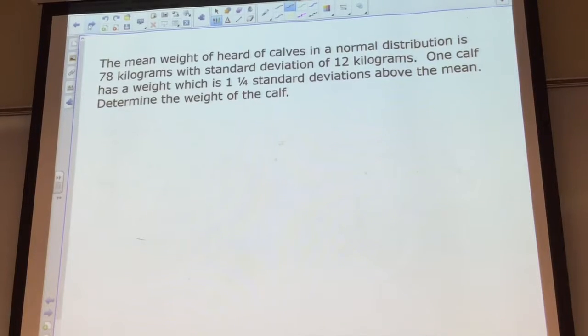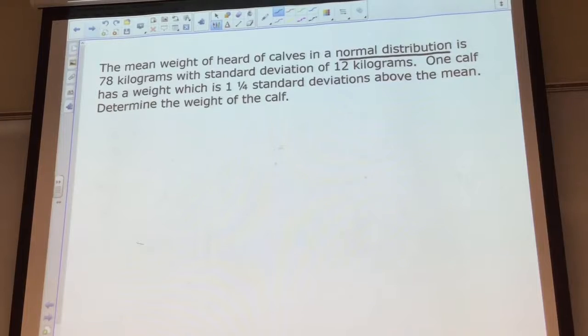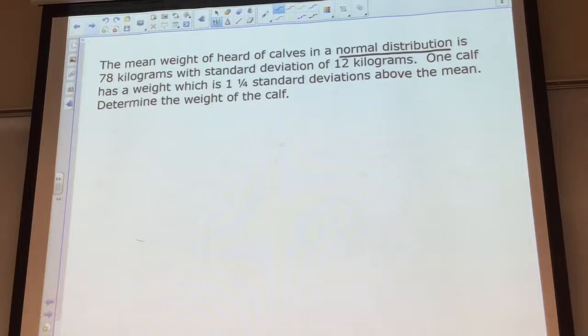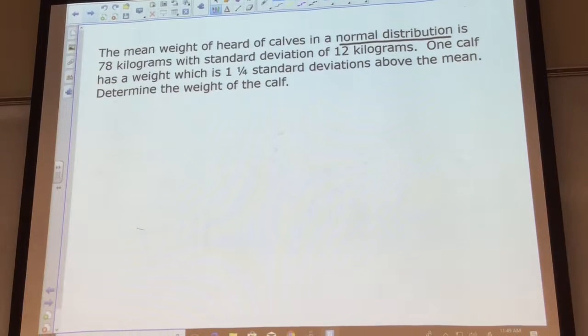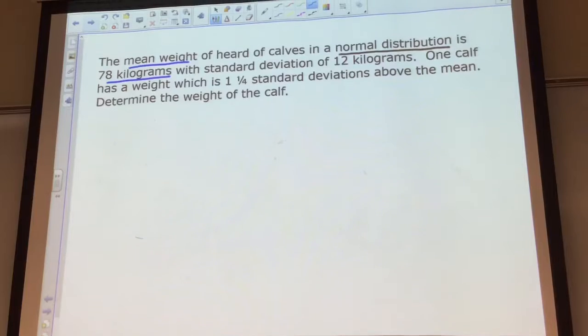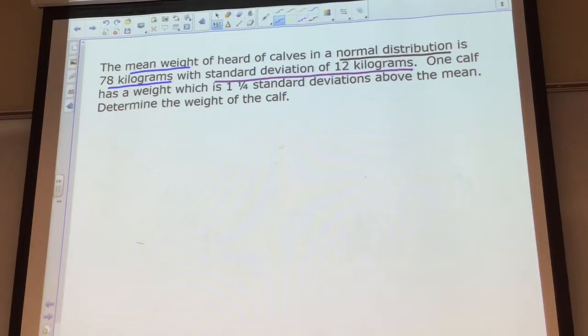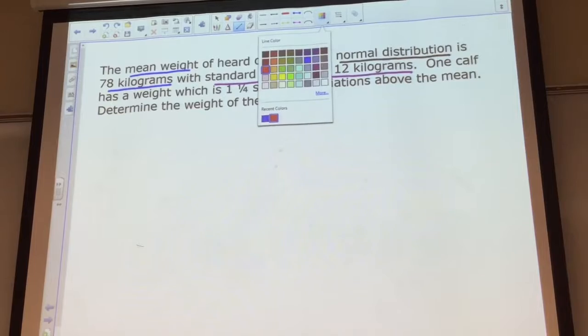The fact that they have to tell you that it's a normal distribution, and that it has its mean centered in a particular position, and that it has a standard deviation. So if this was the problem,